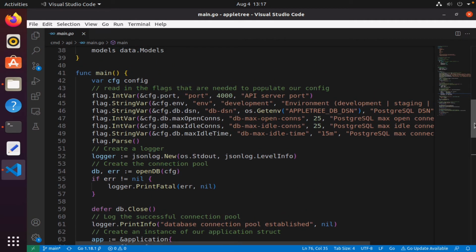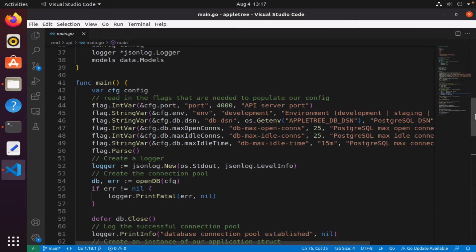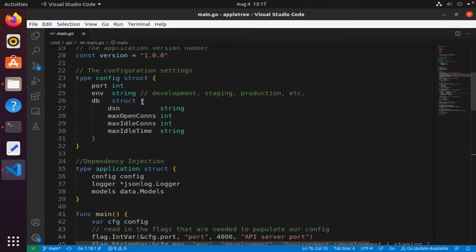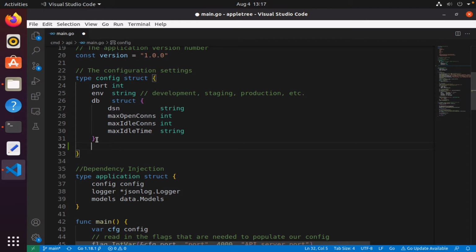Okay, so let's go about doing that. Before I can add flags, I need somewhere to store the variables for the flags, and so we will put them in the config struct. Currently we have port, environment, and the parameters for the database connection. Right after this, I'm going to create a new field, and I'm going to call this field limiter. And this field, of course, will be a struct,